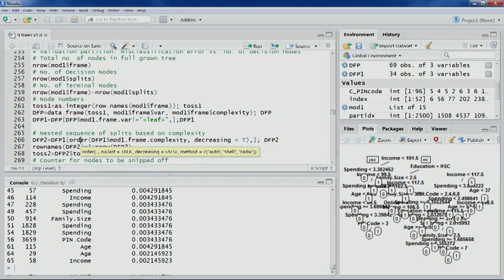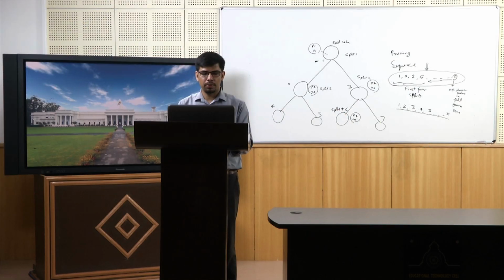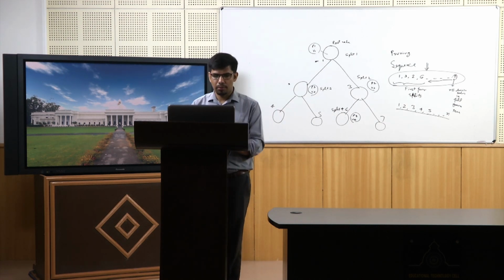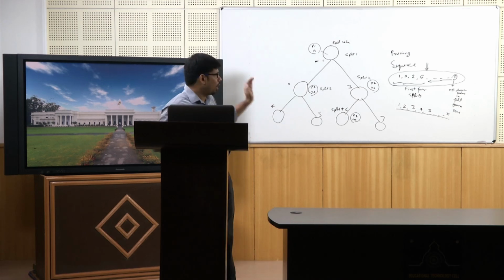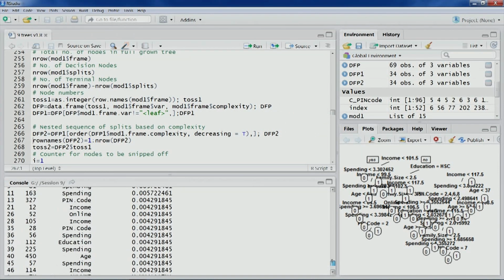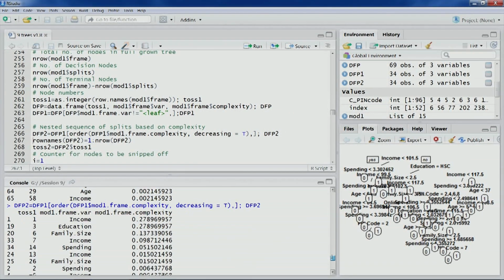We want to obtain the nested sequence of splits based on complexity. So we'll order this data frame based on the complexity values, and once we order this, we'll get the desired nested sequence. Right. So let's execute this code. Now you would see that ordering has been done, and if we scroll back to see this table, now the first